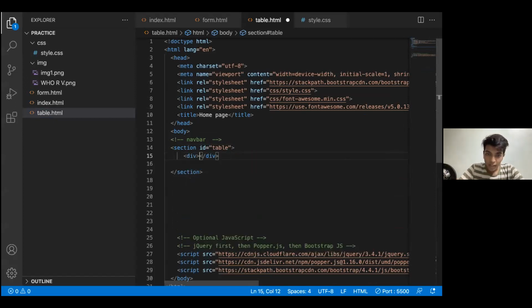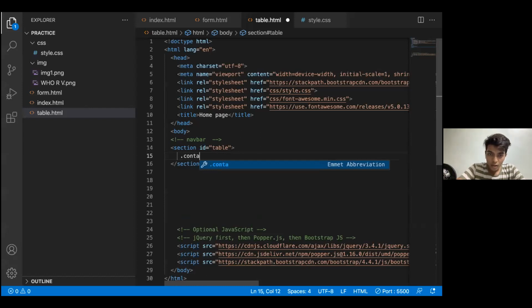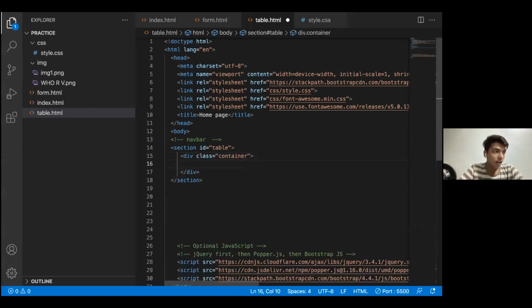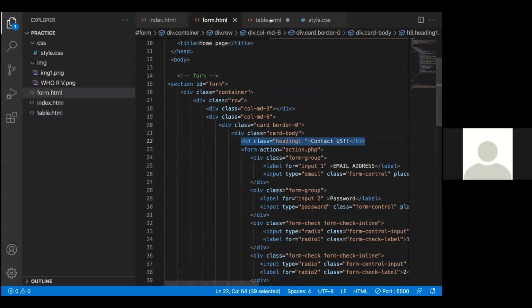Then a container, I'll be using the grid system. So I'll be just writing container, then I'll be using H2 here. Remember that a table should not be put in column and rows, because we are providing the table with those columns and rows. So never write a table in column and rows. If you want to use table columns and rows, there are certain parameters, but that is the advanced part that we use. I'll be just copy pasting the way I did for the form as well, Contact us, so that we can save a bit of time.